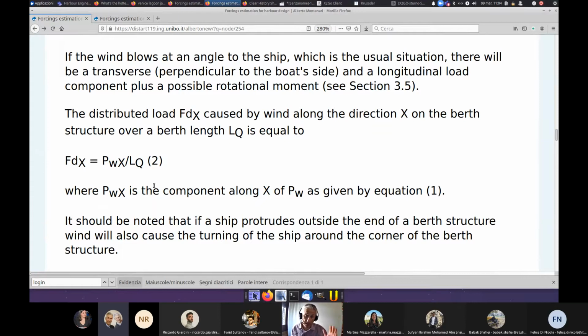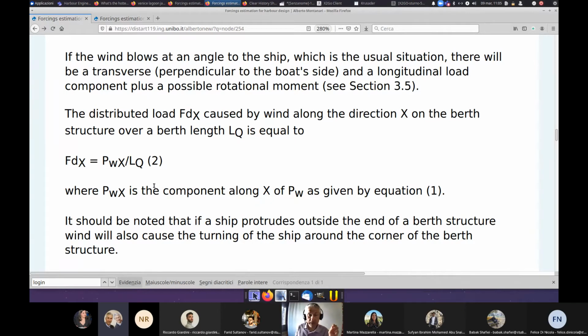If you take a given direction on the berth, for instance the longitudinal direction, and you call it X, and you want to estimate the distributed load over this longitudinal direction, what you have to do is just take the component along that direction of the wind load over the ship and divide it by